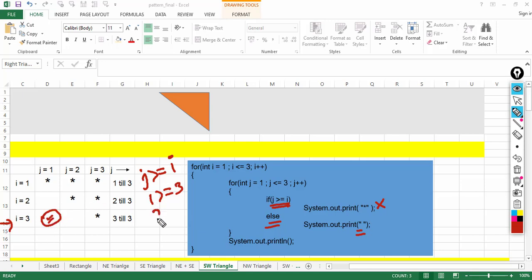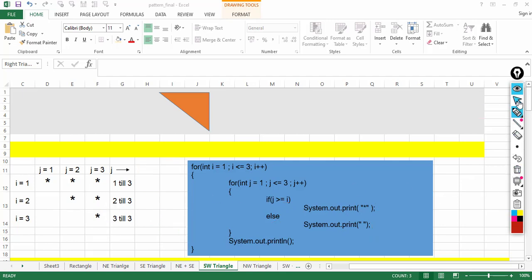Next time J will be 2, and 2 greater or equal to 3 is false, so the else part executes and a space is printed. Then J becomes 3, the condition 3 greater or equal to 3 is true, so a star gets printed here.